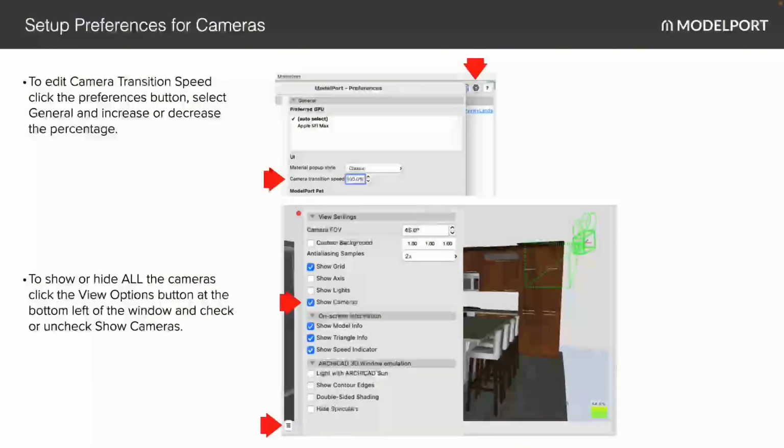And then also, if you want to hide the cameras, you bring them in, all those cameras that are in your 3D window are there. If you want to just turn those off, if you just go to your view settings, there's a little button there in the bottom left of the view. If you click that, this view